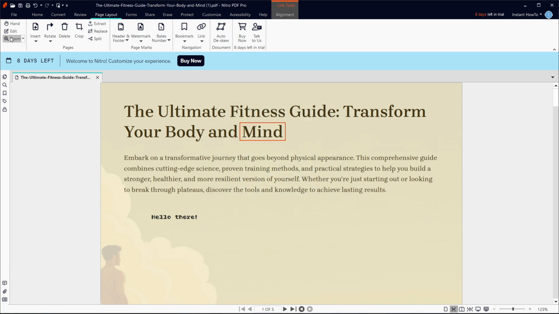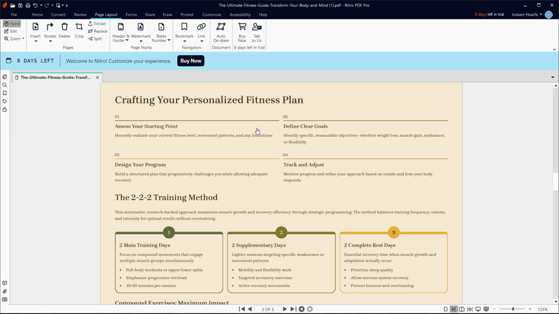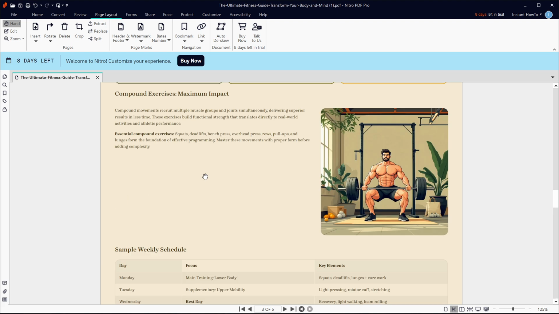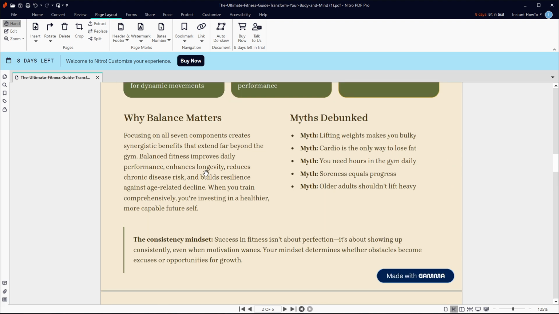If I now click on over here, when I select the hand tool like that, as you can see, it takes me directly to page 3 out of the 5 I have over here. So that's basically how easy it is to link